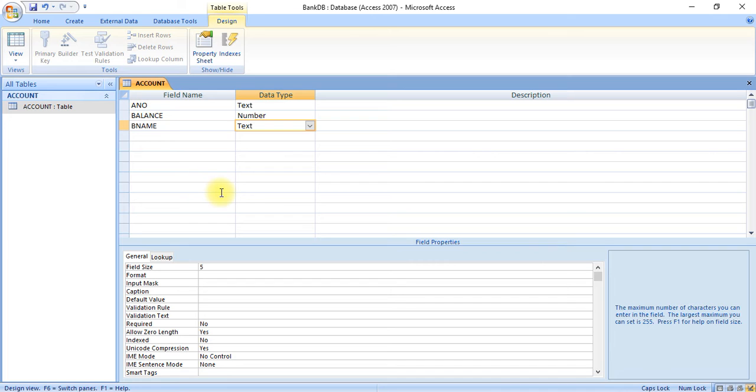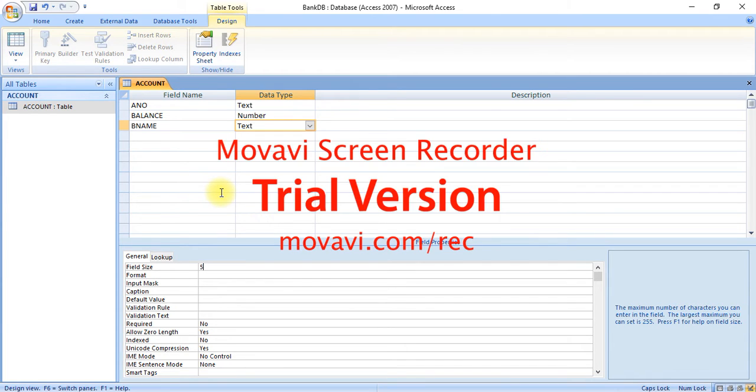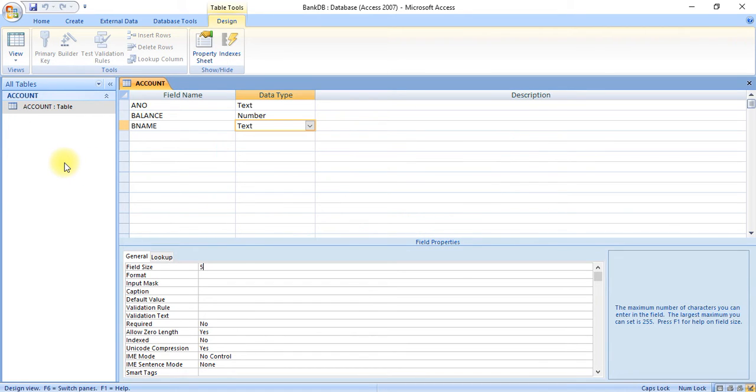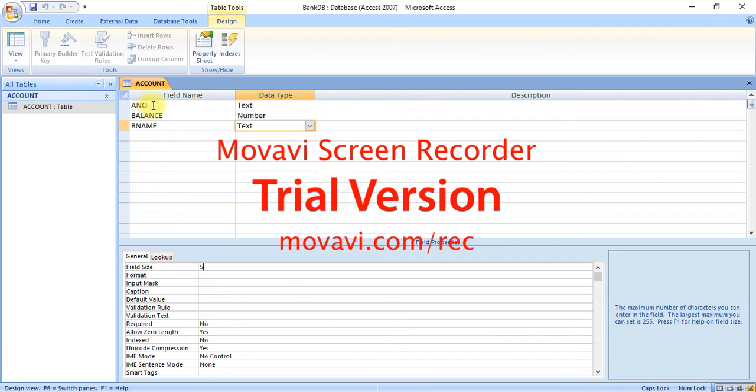After creating these fields you have to save this table by pressing Ctrl S. Now our account table and fields are created, but suppose we want to set this account number field as a primary key.